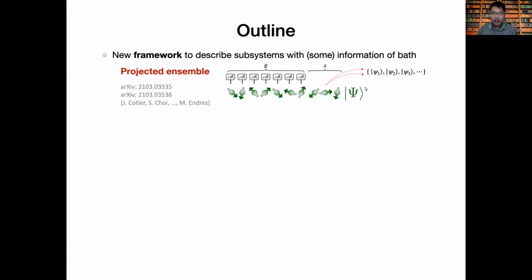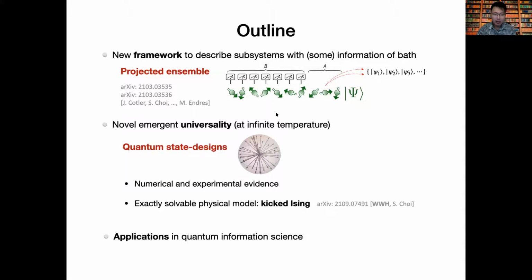Well, the main idea is that from a single many-body wave function, one can obtain an entire collection of pure states on a subsystem, each of which is correlated with a measurement outcome on the bath B. Now, I will go into more detail in the next few slides. But from this ensemble, then we can describe some